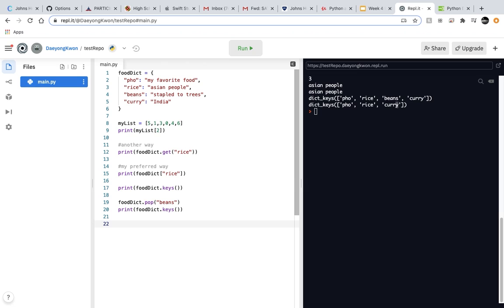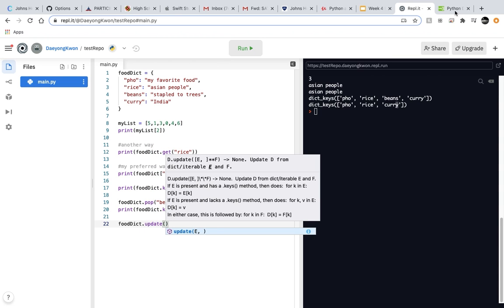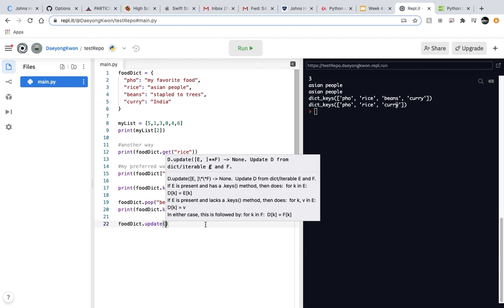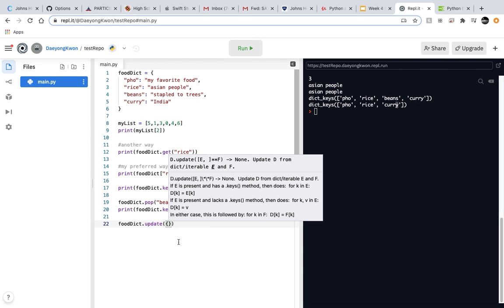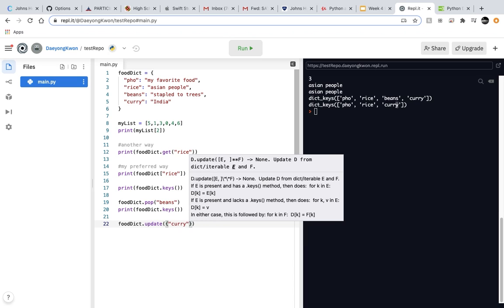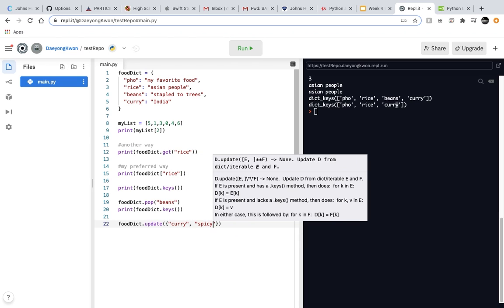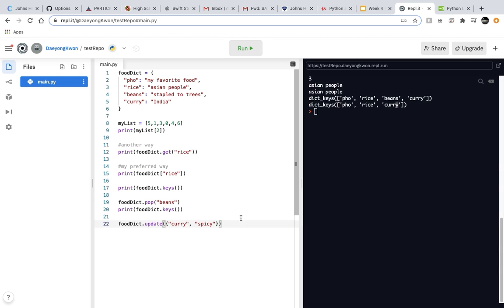So what we're gonna do is we're just gonna do predict and then dot update as they did it, and then I think how they did it was a curly bracket. Yeah. So we're gonna use a curly bracket, and then we're gonna do curry, right? And then let's change the value to spicy, right? And then